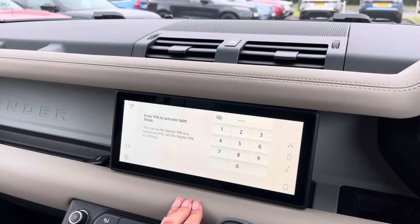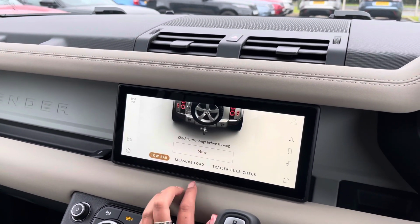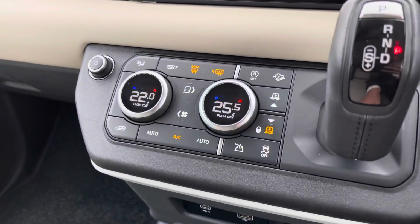Valet mode, enabling you to lock the screen so a valet can only access your climate control, keeping things like your address safe. And you can also control your tow bar from inside the car, which saves you even having to get out. You've got a 2-zone climate control,